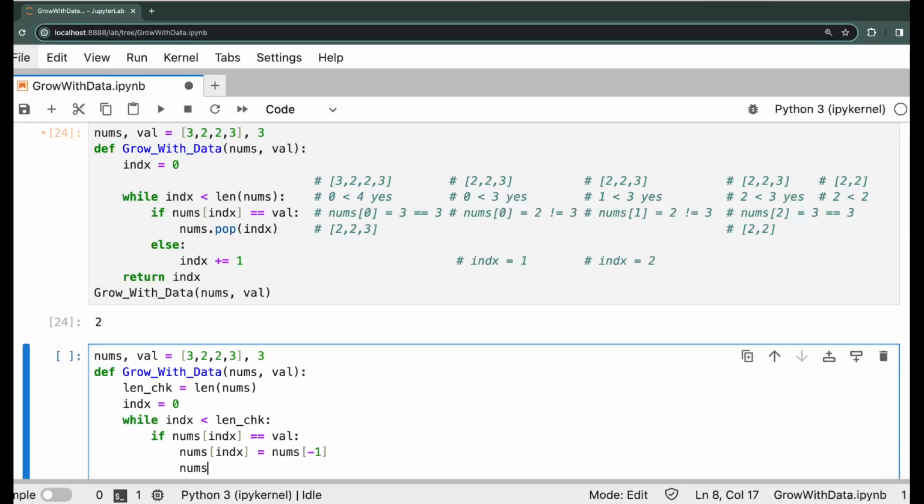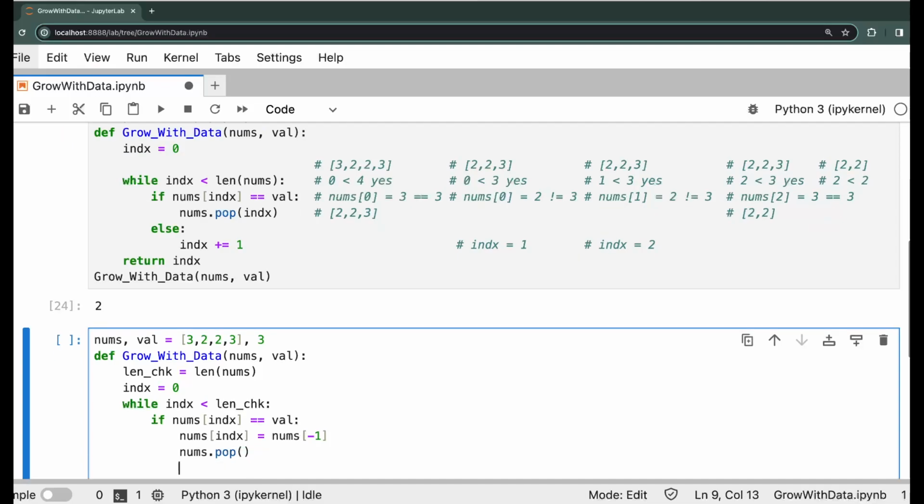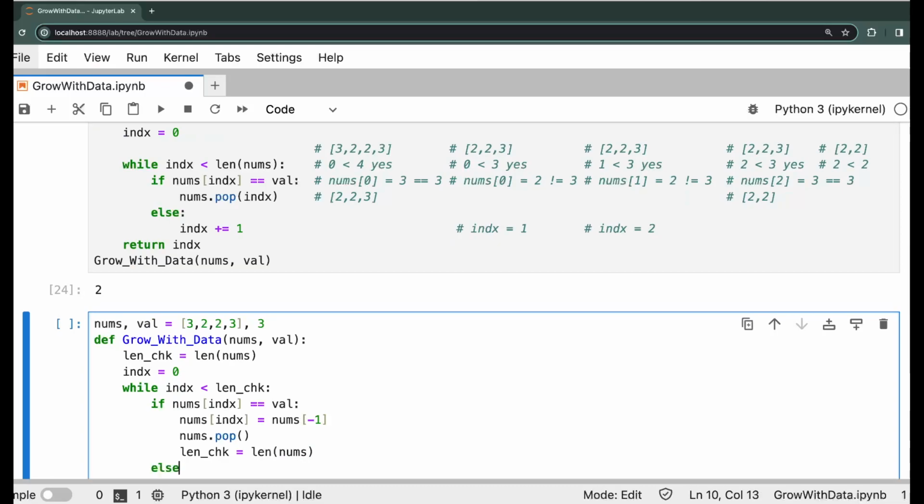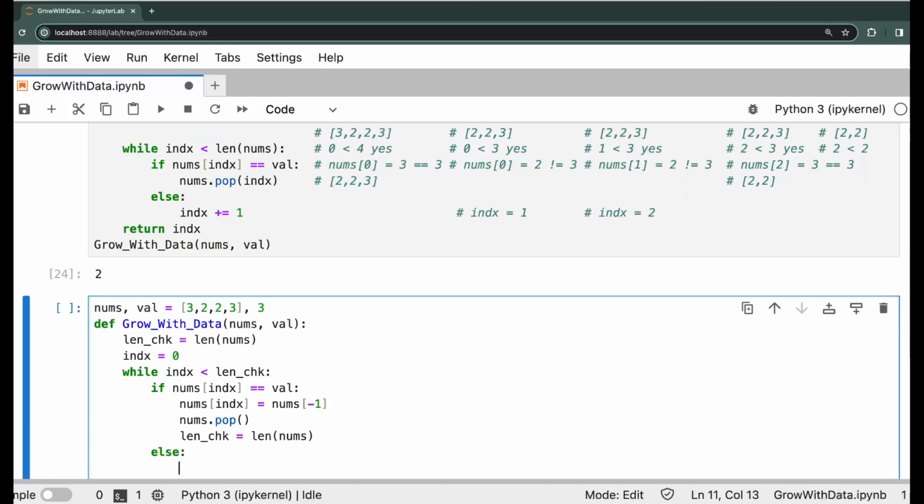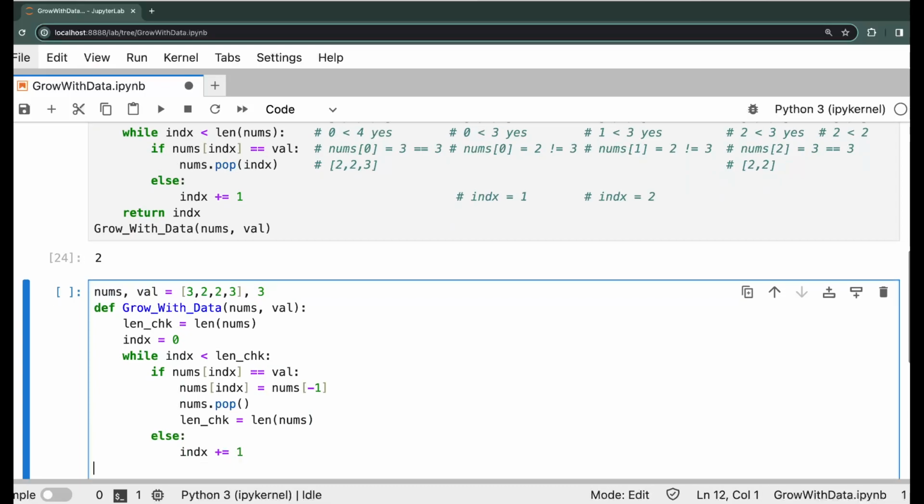And then we simply use nums dot pop, which will pop the last element, and then we reassign length equal to the length of nums. Now, the length is going to be reduced by 1, because you popped the list, right. If the element is not equal to the value, then we just move the index to the next position